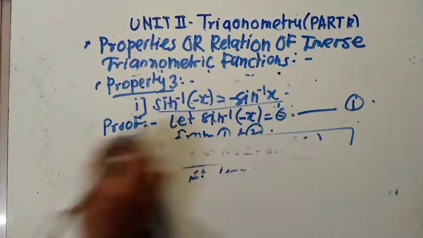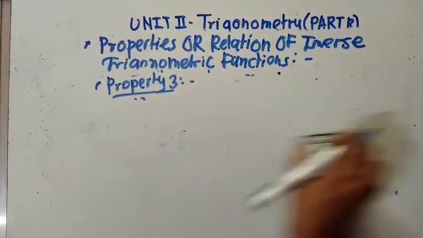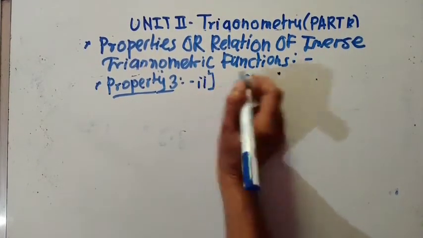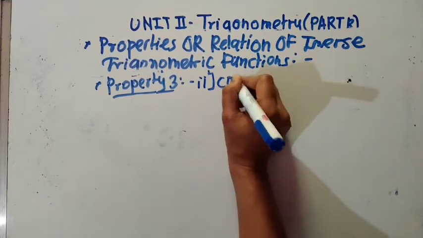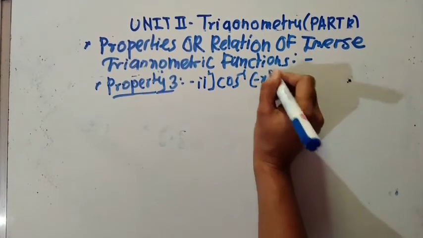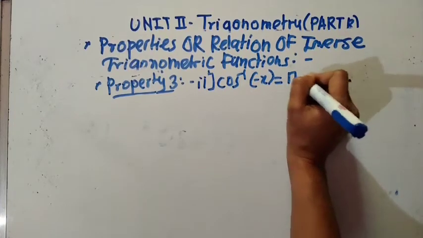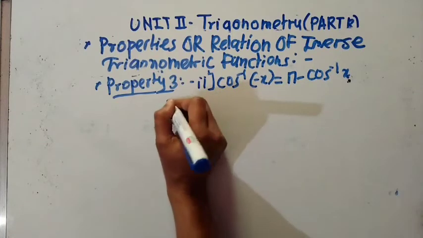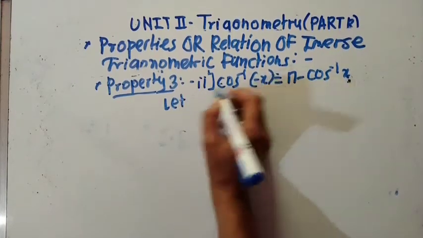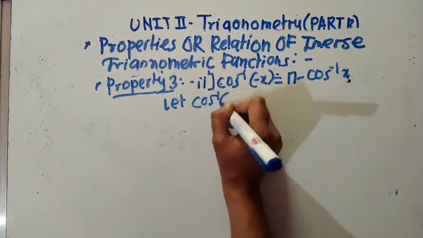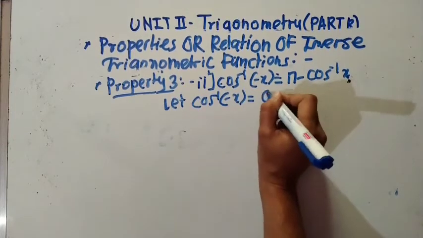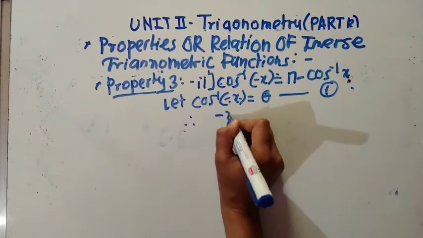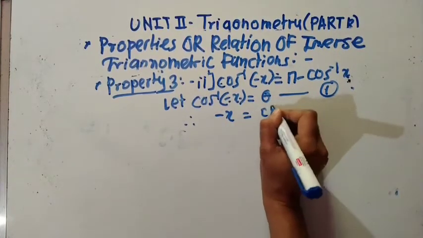Then we prove the second property. Here the second property is cos inverse of minus x is equal to pi minus cos inverse of x. Let us consider cos inverse of minus x is equal to theta. This is the first equation. Hence minus x is equal to cos theta,